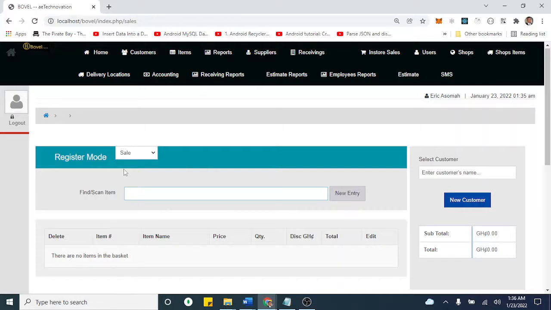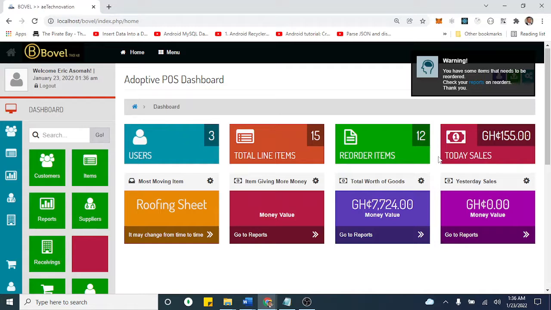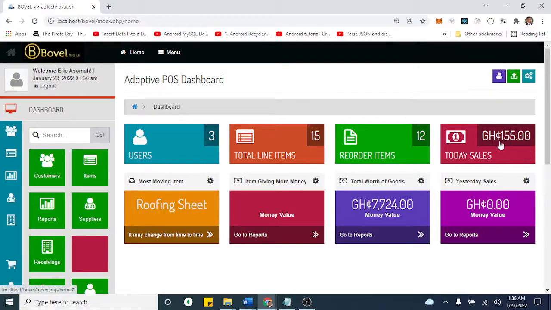So now if we go back to our home page under the administrative dashboard, you see the item that was bought today is 155. So the shop or the store manager can now request this money from the salespeople. Okay, so once this is done,